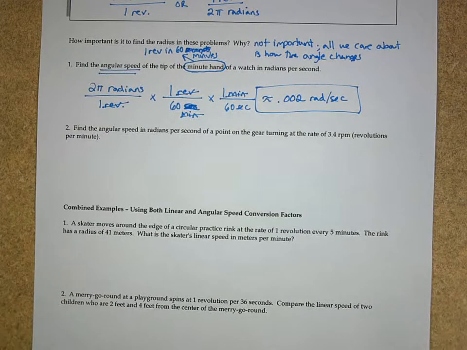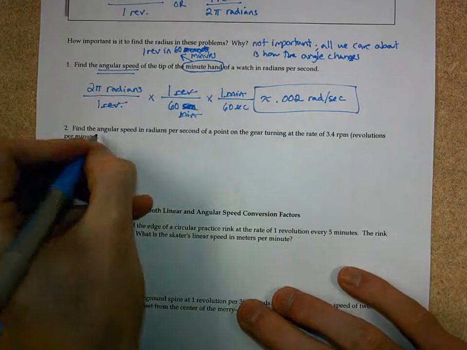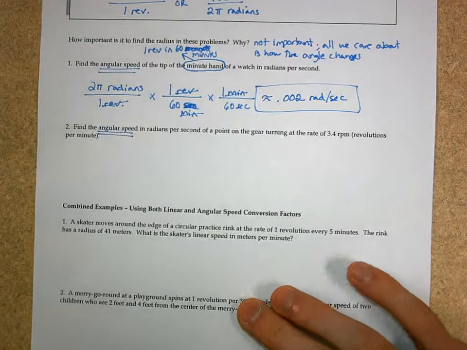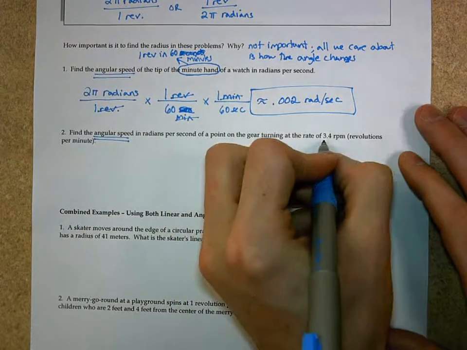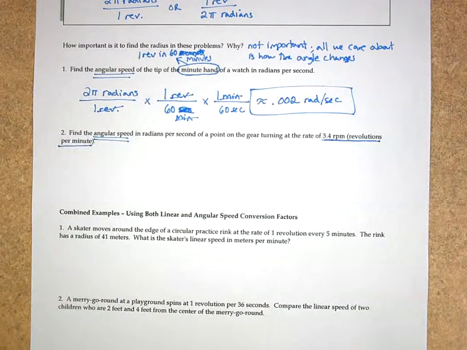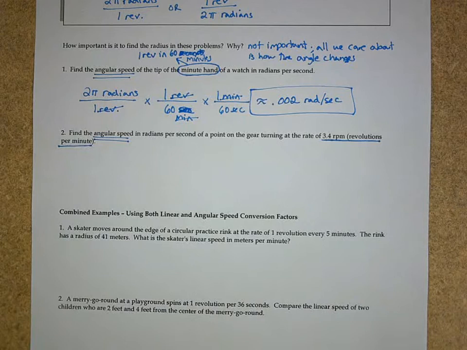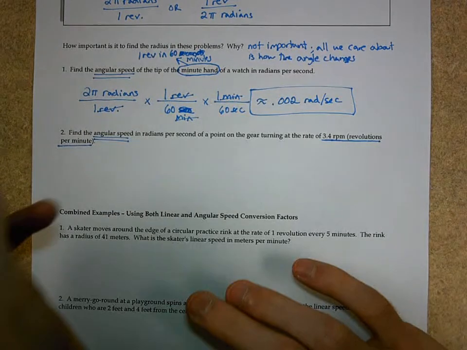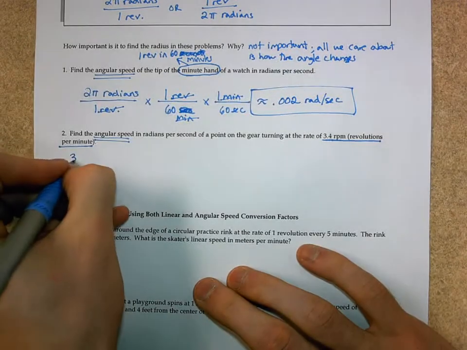The second example, find the angular speed in radians per second of a point on a gear turning at the rate of 3.4 revolutions per minute. Once again, we're looking at angular speed. And right here is a great starting point, 3.4 revolutions per minute. That gives me an exact value that I want to start with for a factor. So let's start